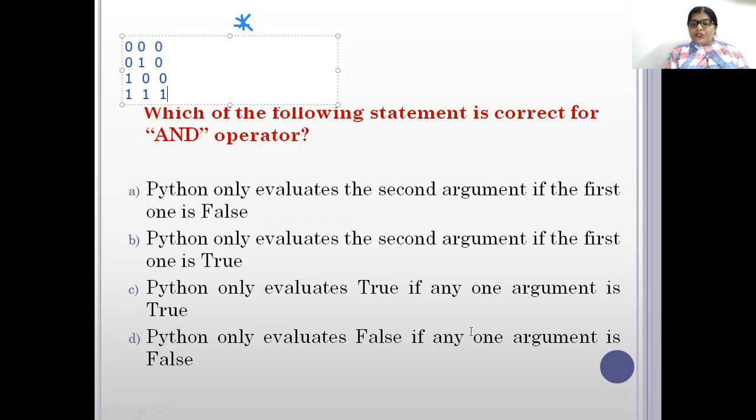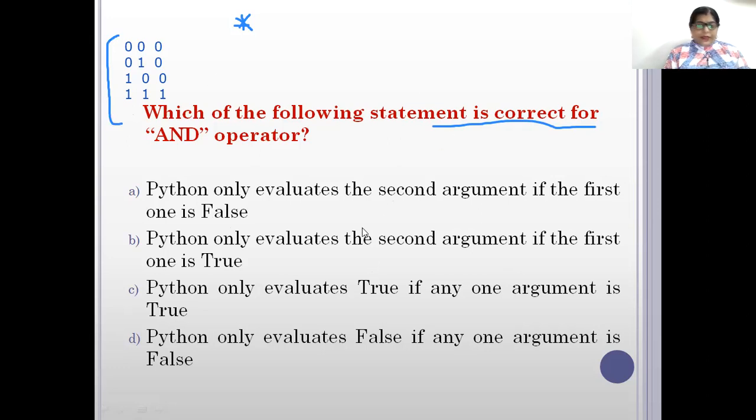Now in this question, you have to tell which statement is correct for the AND operator. Python only evaluates the second argument if the first one is false. Python only evaluates the second argument if the first one is true. If we know this, then you can easily put the answer.